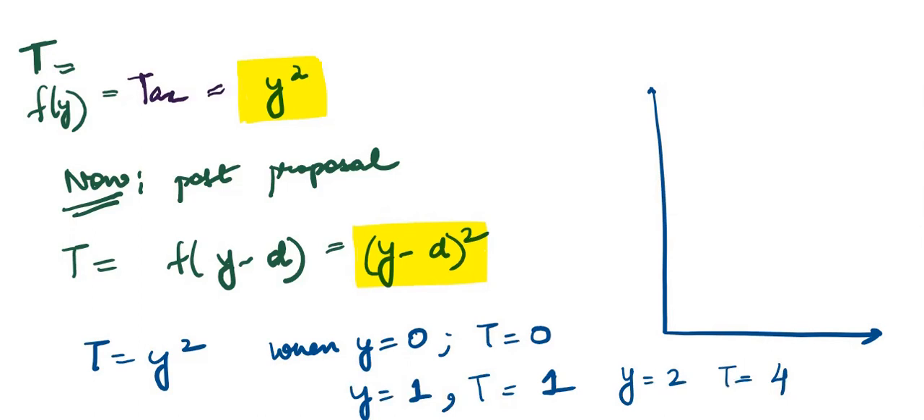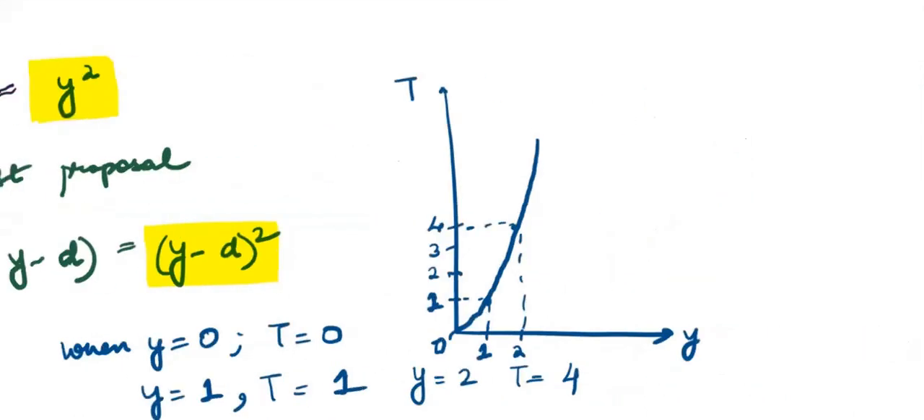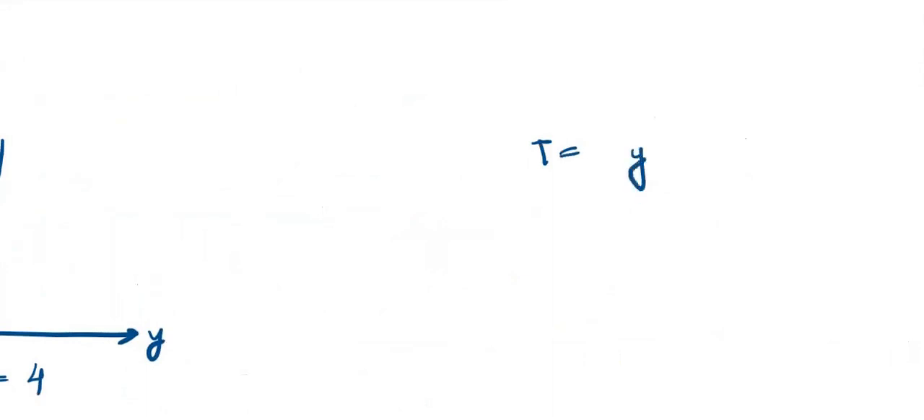When y is 2, t will be 2 square, which is 4, and so on. So if I take y here and t here, when y is 0, t is 0. When y is 1, t is also 1. When y is 2, t is 4. And so on. So I have this curve like this. Right? Now, let's plot the other one. So now I'm saying that tax is equal to y minus d whole square. Now I ask you the same question. When y is 0,